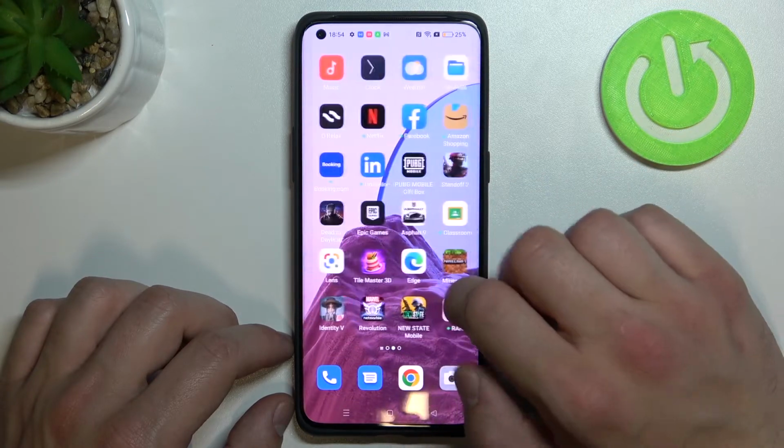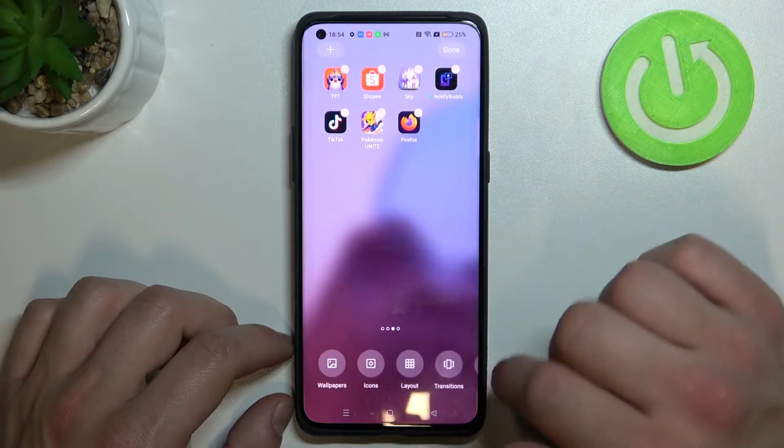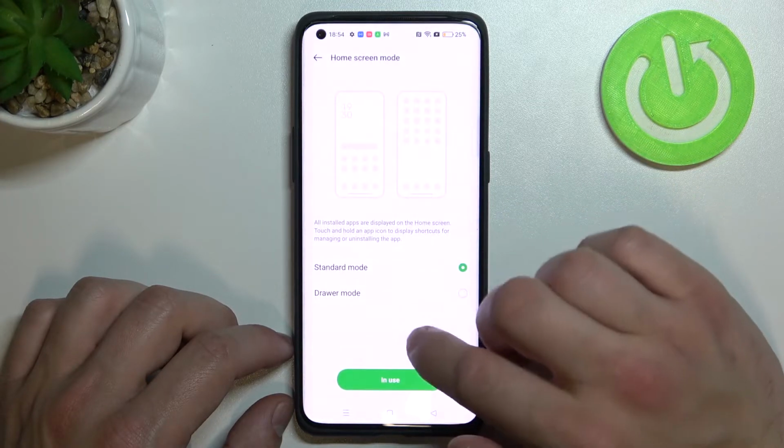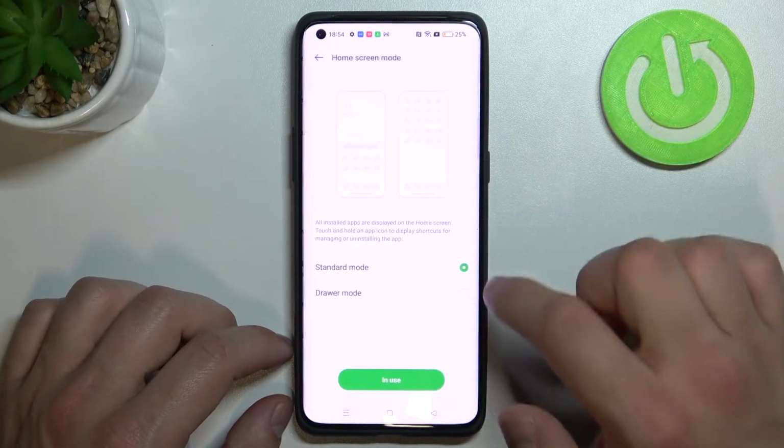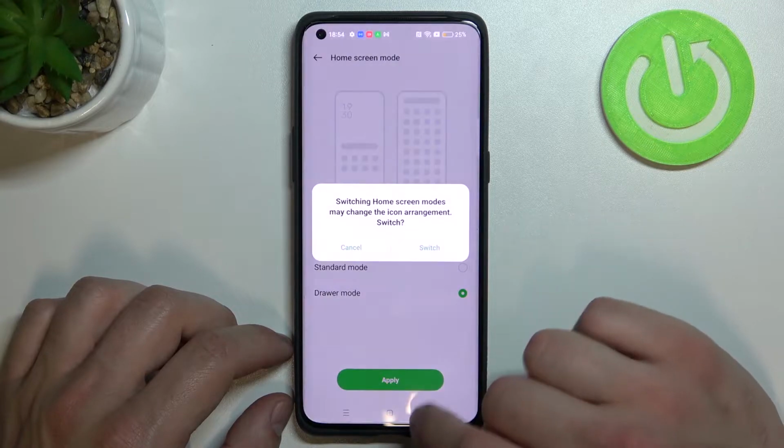Let's enable it again, so tap and hold on free space on the screen. Go to More, enter Home Screen Mode and select Drawer Mode. Apply, switch,